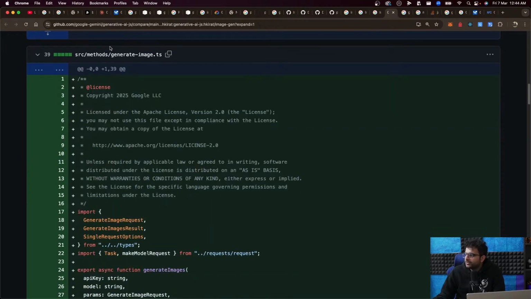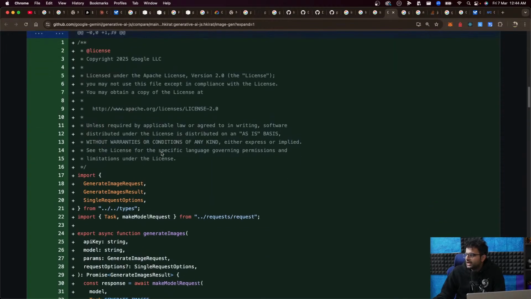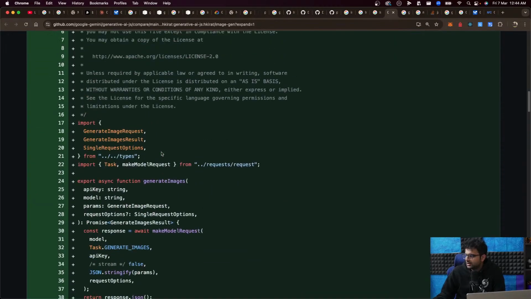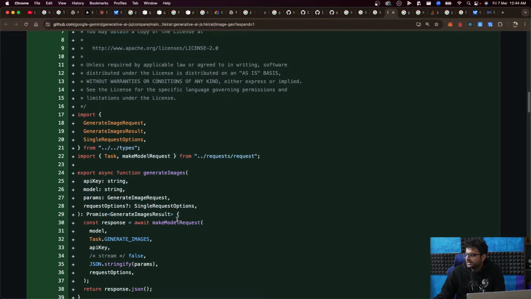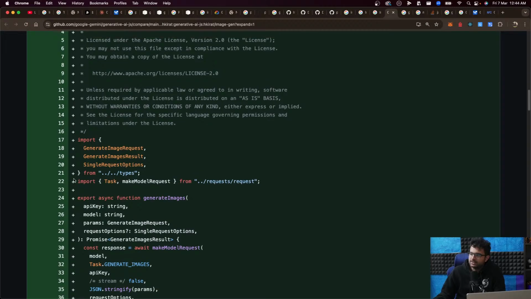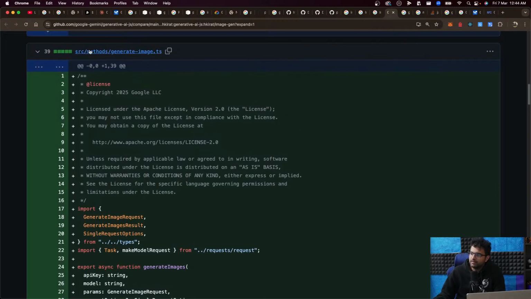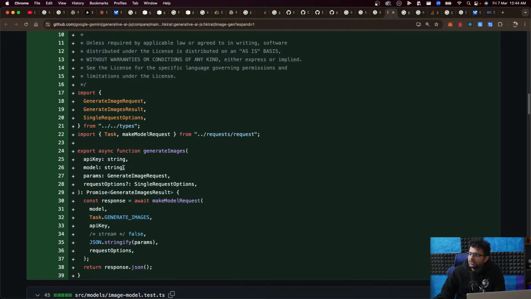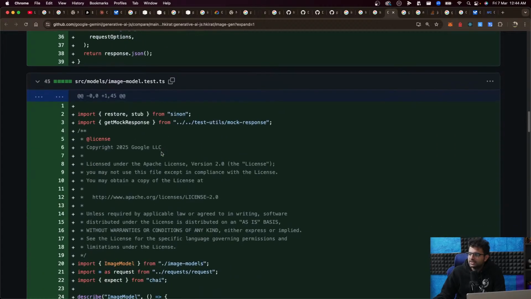Alrighty. Generate image.ts, which was just a helper function that sends a request to Axios and returns the response. There is no real need for it, to be honest. It's doing nothing. It's just calling this function, returning the response. So you can do it up a layer, but since every other class is doing this, we're doing the same thing. We have defined a method called generate image.ts, which in the future might be used in different places.